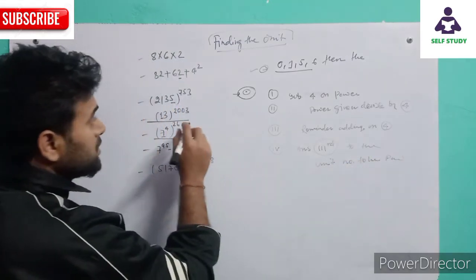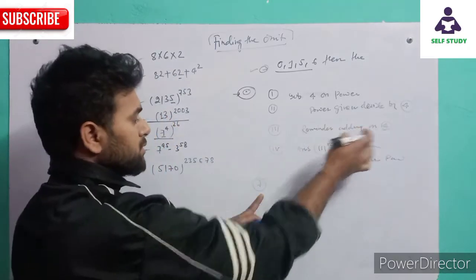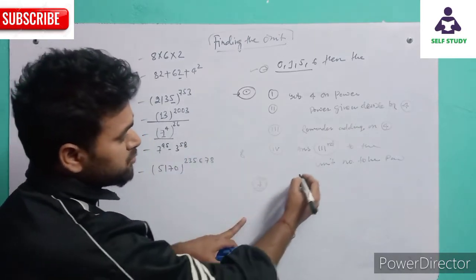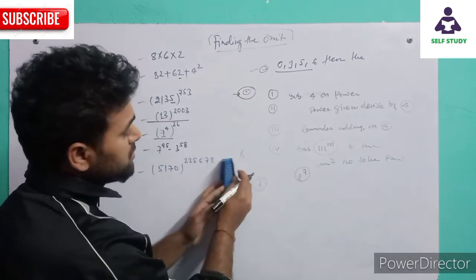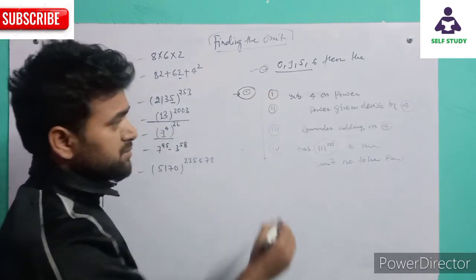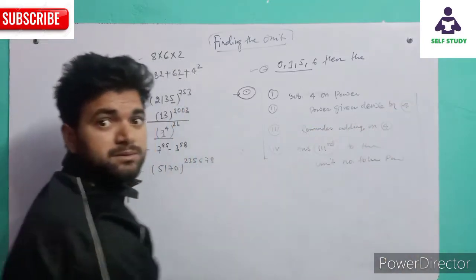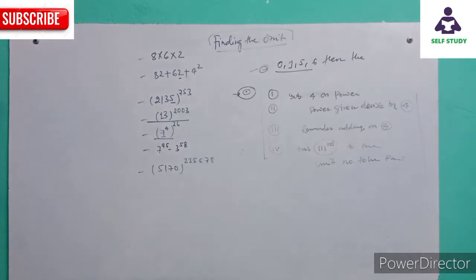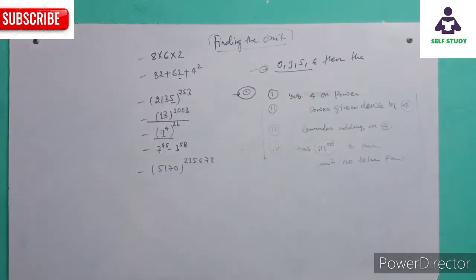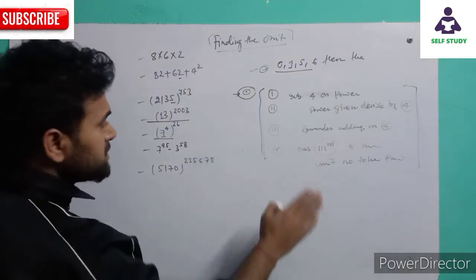As an example, we have 7 in the third step, 4 plus 3 is 7, and the number ends with 8, so we take 8 to the power 7. This is the fourth step. The concept consists of four steps, and you can find the unit digit of any bigger or smaller number. These 4 steps will give you 1 mark in any exam. It is very easy and very simple.